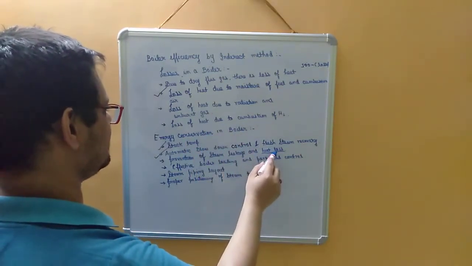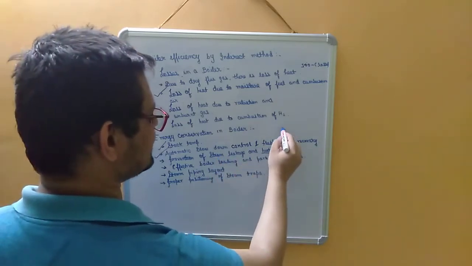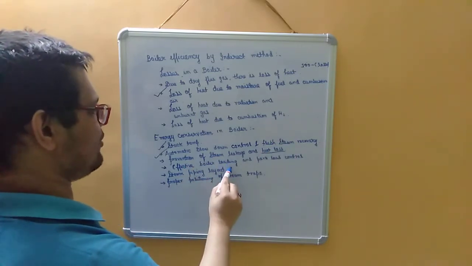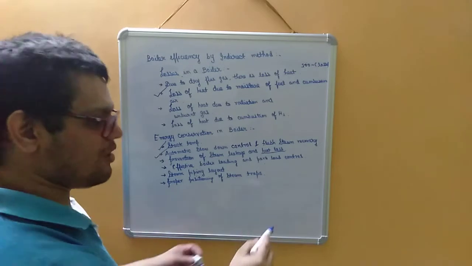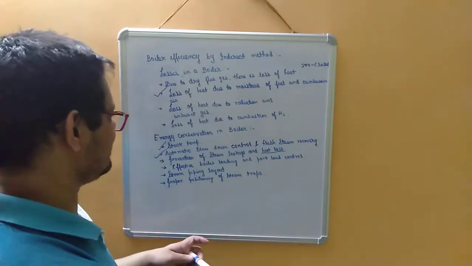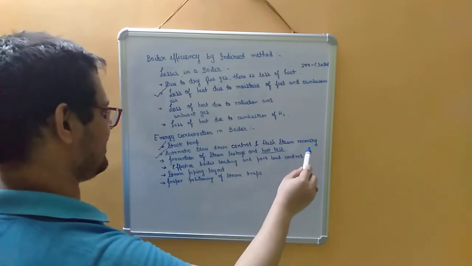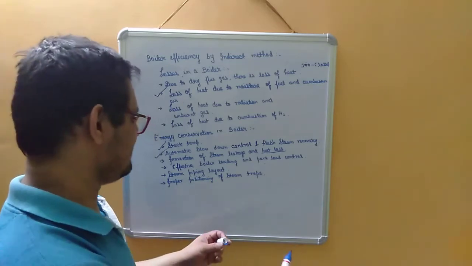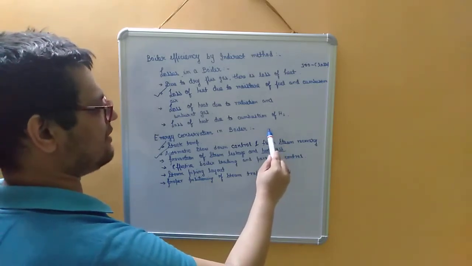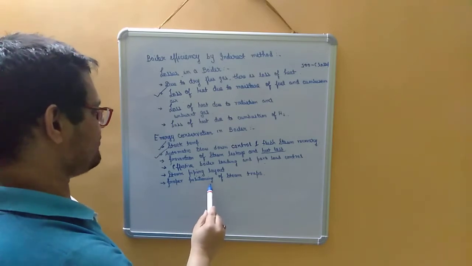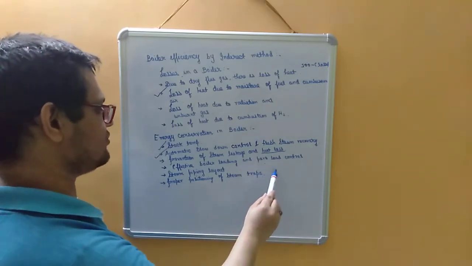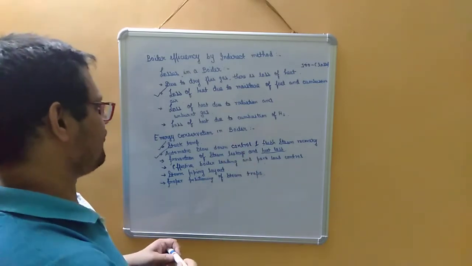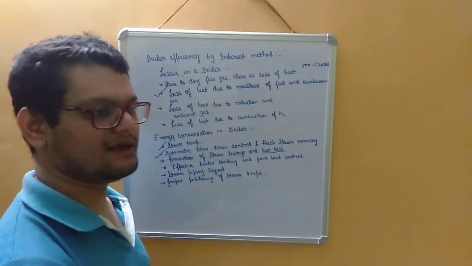So one is the prevention of heat loss as well as steam leakage. If there is a steam leakage, there will be loss of energy. Other is effective boiler loading and part-load control. One boiler should not be loaded 100%, otherwise there may be a problem for the boiler life and efficiency. And other is the steam piping layout. The layout of the boiler and piping should be done very accurately. And other is the proper positioning of the steam traps. Steam trap is one of the very important parameters to find the scope for energy conservation in a boiler.